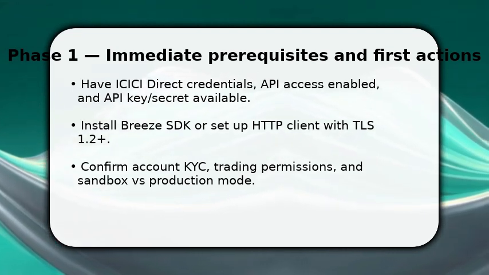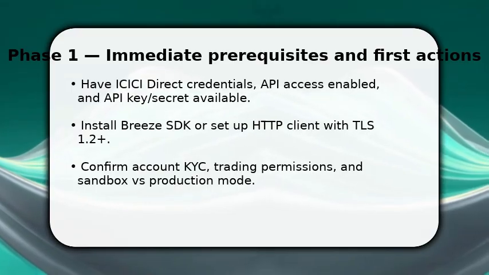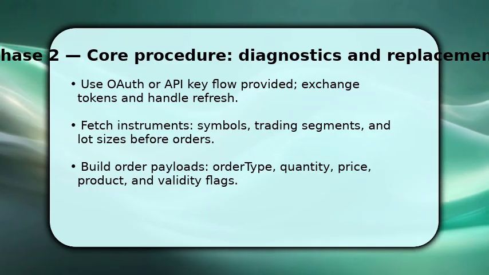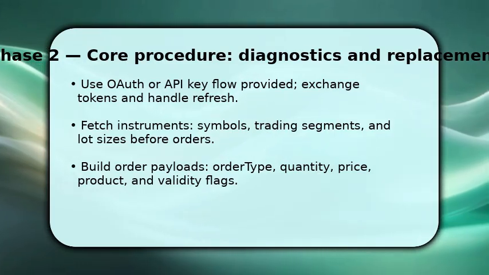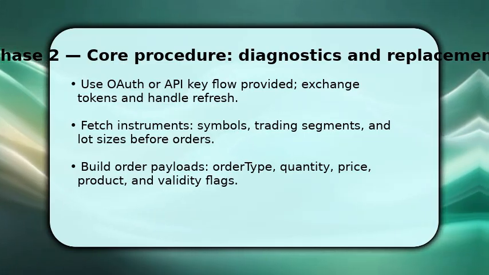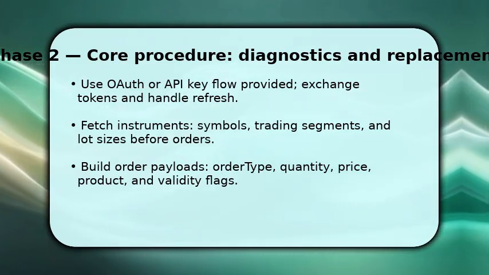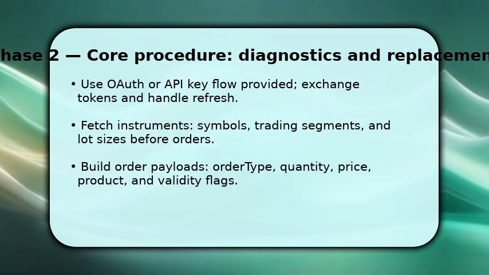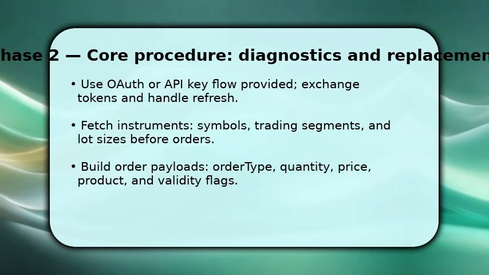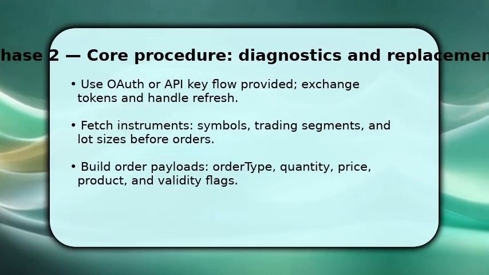You now authenticate using the Breeze flow. Exchange API key/secret for an access token and implement refresh logic so requests stay valid. Once authenticated, call the instruments endpoint to retrieve symbols, trading segments, and lot sizes. This prevents invalid orders. Next, construct the order payload with order type, quantity, limit or market price, product type, and